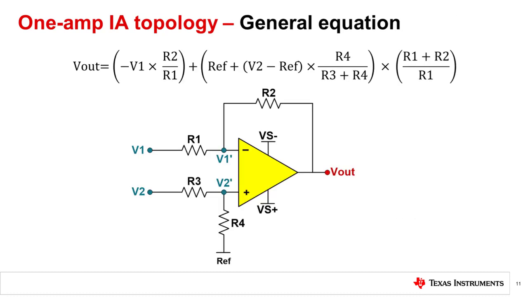In our derivation, we assumed all resistors were equal to each other for simplicity. The general equation accounting for each unique resistor in the circuit is equal to the following equation. Let us now take a look at a more common use of this topology, where resistor matching is desired to yield a simpler output equation.